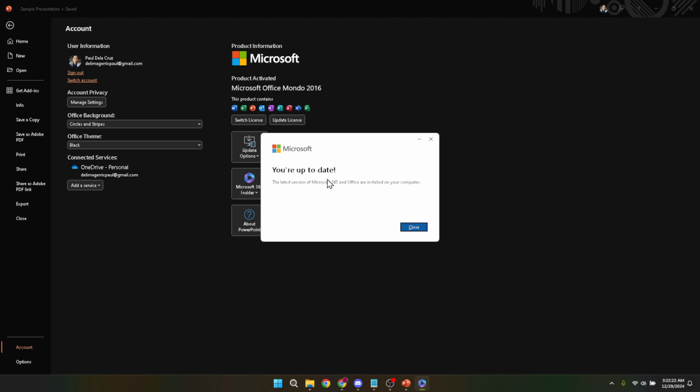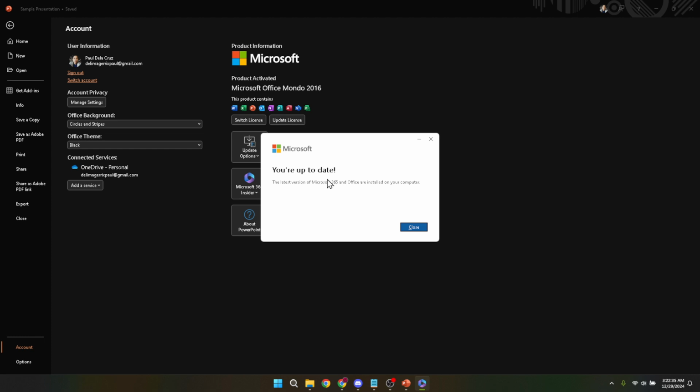While we wait, let's talk about a few additional tips. Keeping your software up to date is crucial for security purposes and to ensure you have access to the latest features and improvements. However, if you're in the middle of preparing for an important presentation, you might want to schedule this update for later to avoid any disruption in your work. Always ensure that your work is saved before starting the update process, just to be on the safe side.